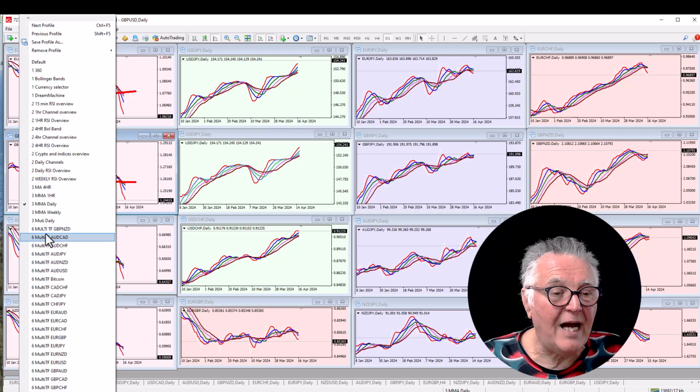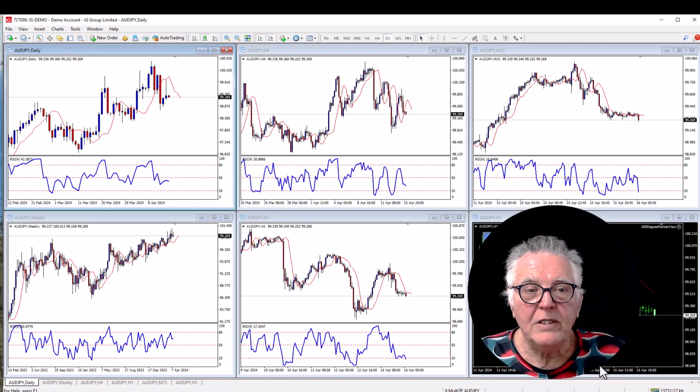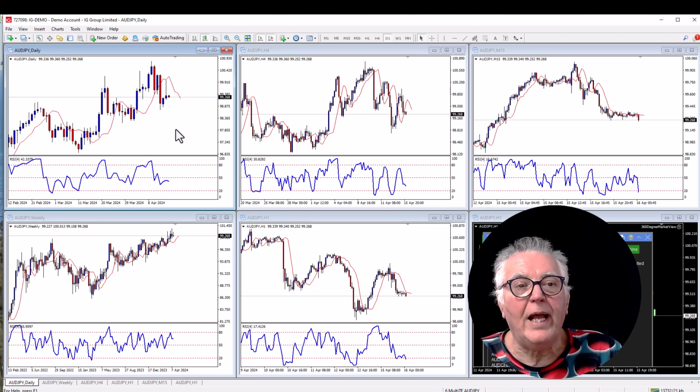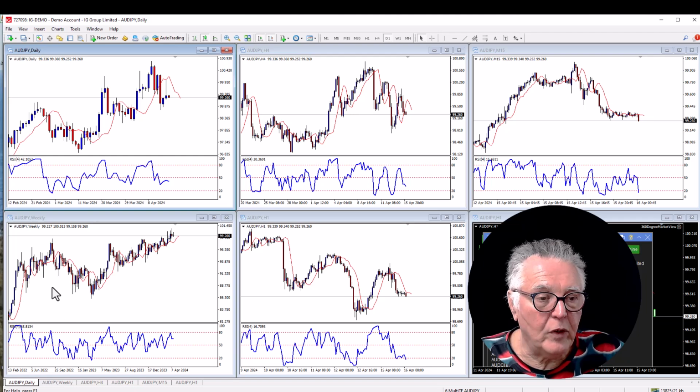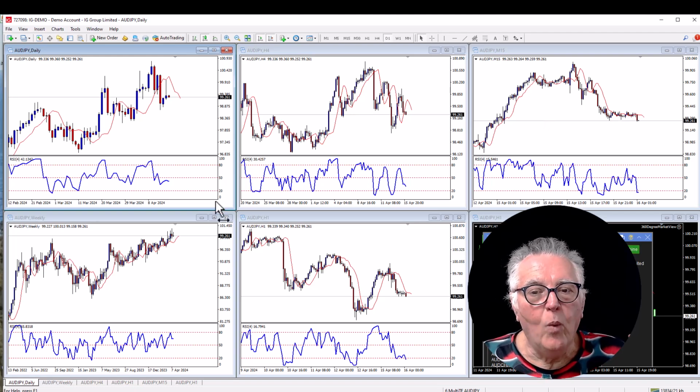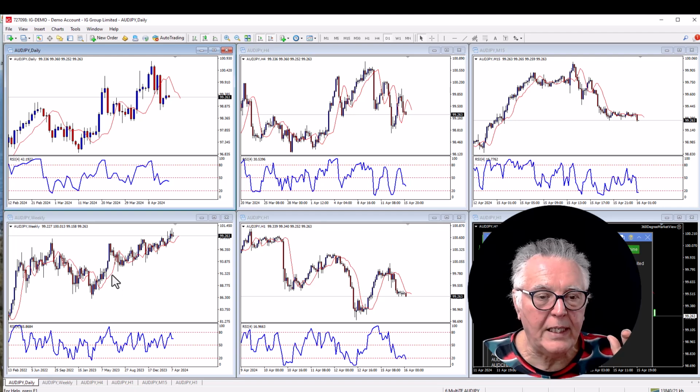Then I've got some other ones which I didn't actually mention on the list here. I've got multi-time frame charts. Now I'm just going to take one at random, and on these charts I look at my RSI indicator template on a multi-time frame basis. So here I've got weekly, daily, 4 hour, 1 hour, and 15 minutes. So I want to see what they are doing on a multi-time frame basis. So on a weekly, this one's trending. On a daily, again,